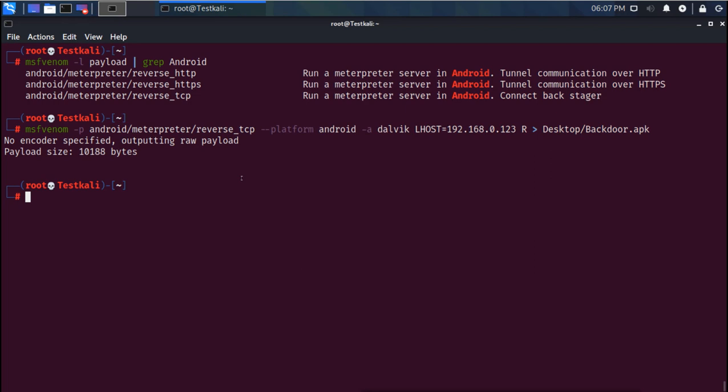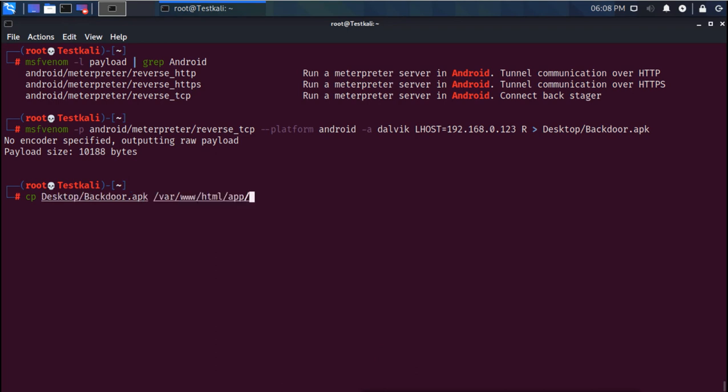Now what I will do here is copy this application into my web server directory, that is var www html. I have a directory called app. So under this I will copy this application.